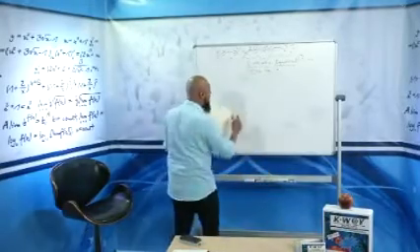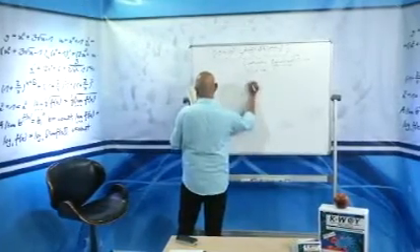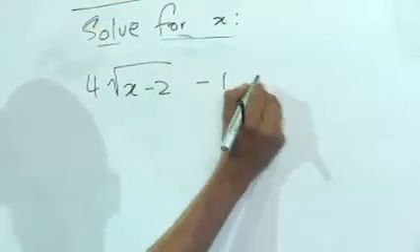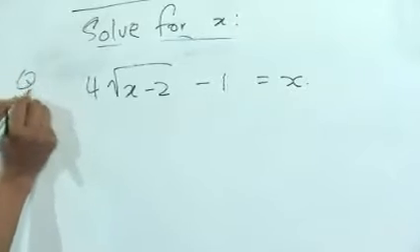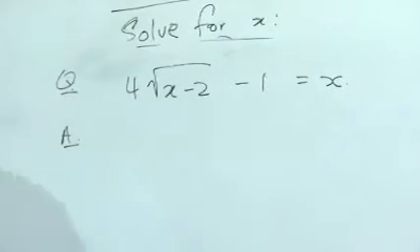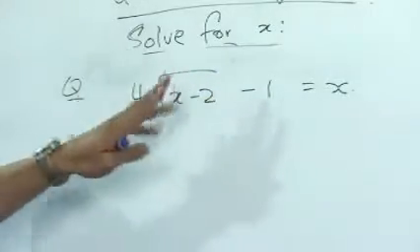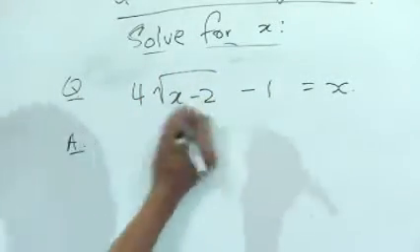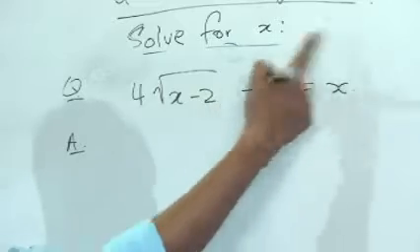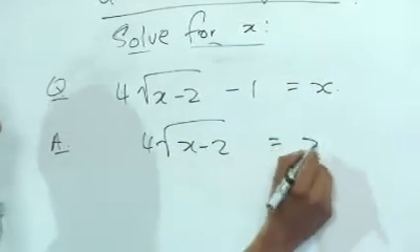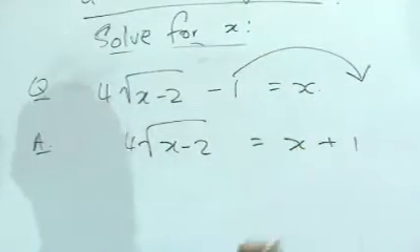We're going to make it a little bit more complex, and I'm now going to take 4 square root of (x minus 2) minus 1 is equal to x. Solve for x. Now we know the minute we have a root sign, we need to square both sides when the question says solve for x. So let's get started. What did I say? What's loose moves. So take the minus 1 to the other side. So what am I left with? 4 square root of (x minus 2) is equal to x. Minus 1 comes over, plus 1.